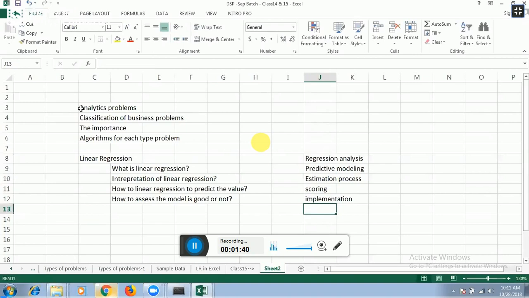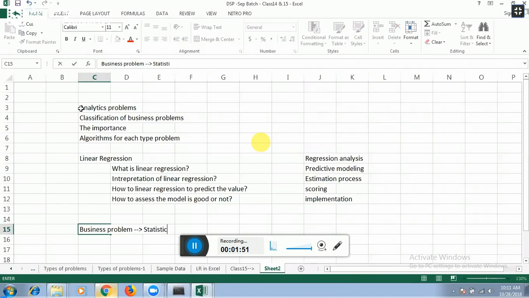So these are the few things I discussed, and I also discussed the concept of business problem to statistical problem, and statistical problem to optimization problem, and solving the optimization problem,